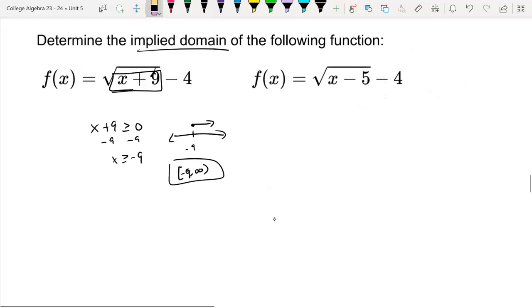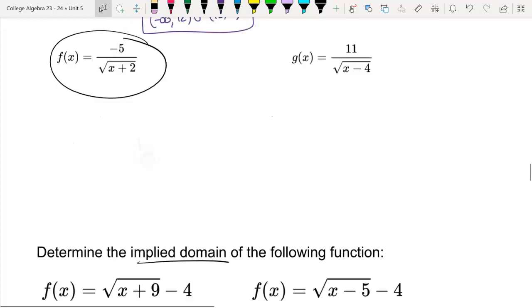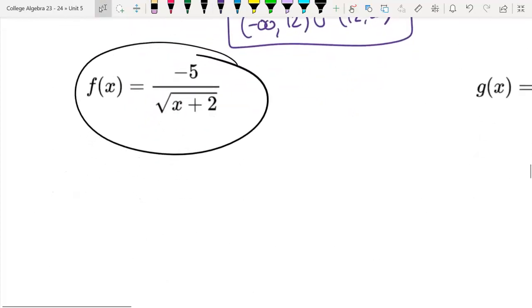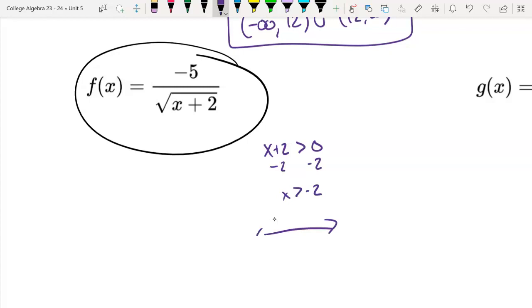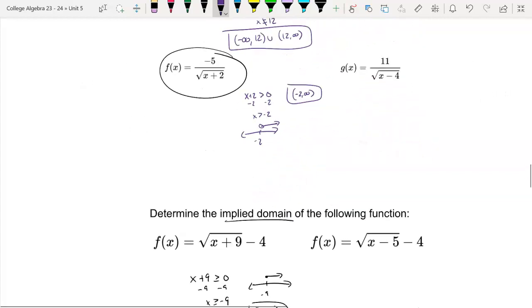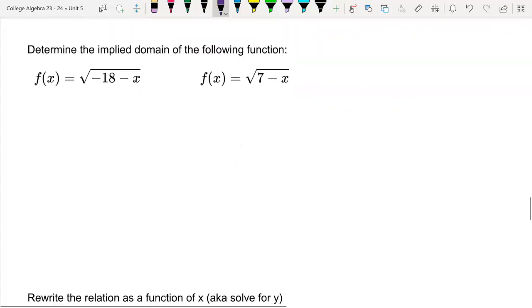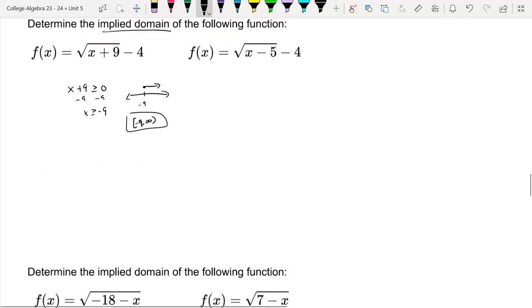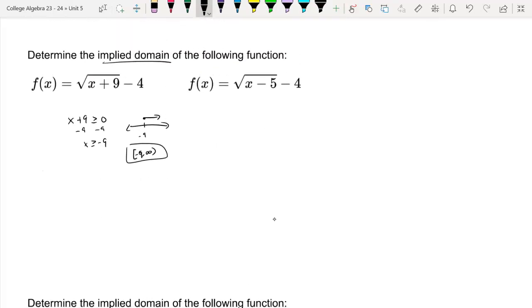So now, what if it's inside a square root and on the bottom of a fraction? Well, we have to take this one, and instead of saying greater than or equal to 0, we're just going to say greater than, because do I want it to be equal to 0? No, because it's on the bottom of the fraction. So I subtract it. -2, so let's say -2 to infinity. That pretty much covers that stuff. Again, just take what's inside the square root. I don't care about the stuff that's on the outside when I'm trying to find the domain,